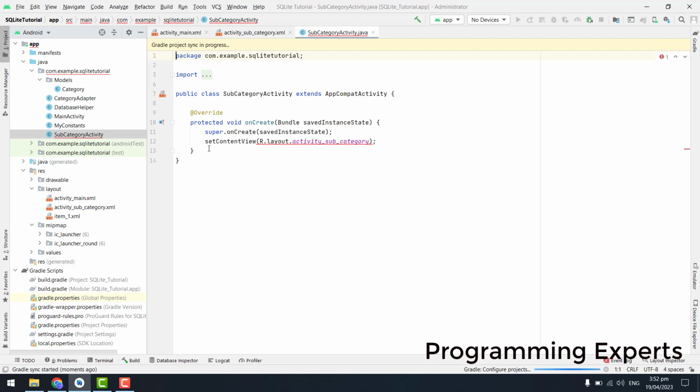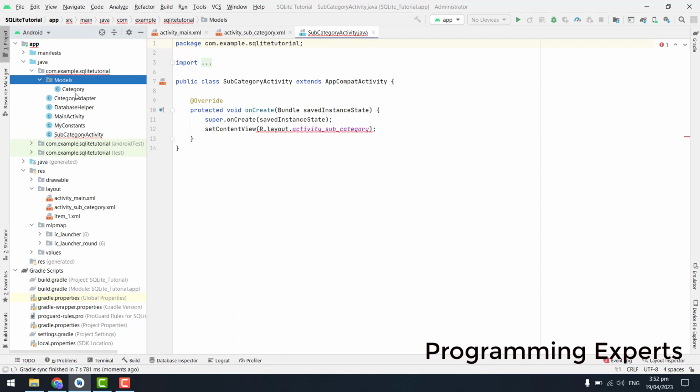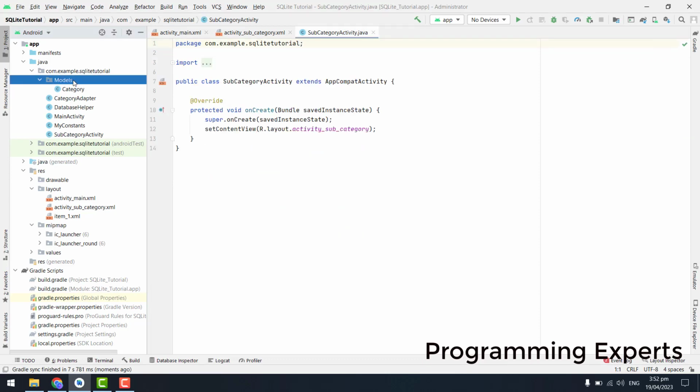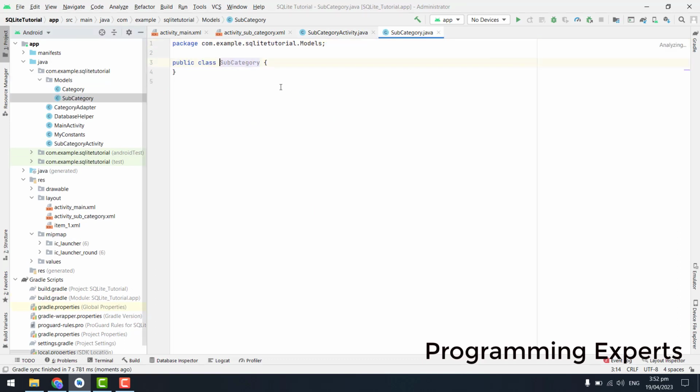So now I am going to make a model class, just like we created the model class for the category. Now we can create another model class. I will click on new Java class and name it subcategory. Alright, so after we have this, we can